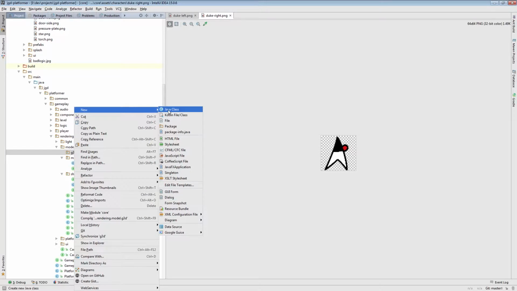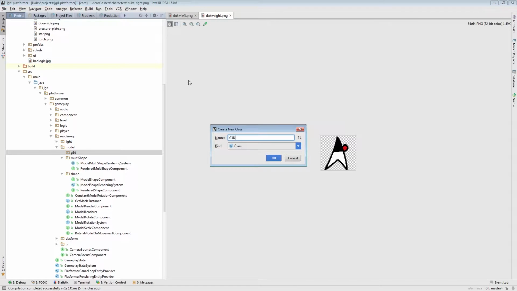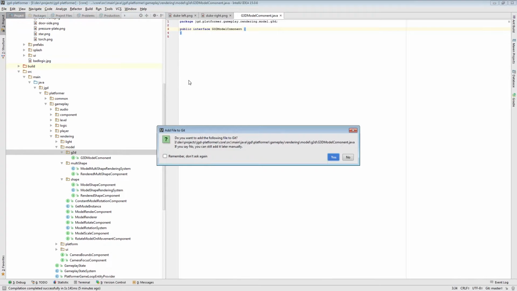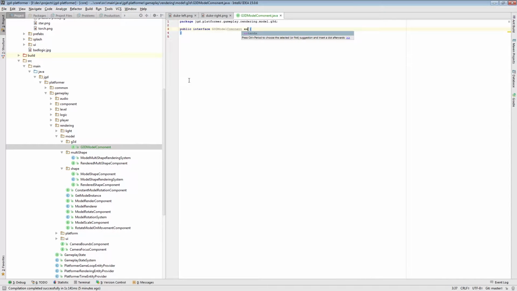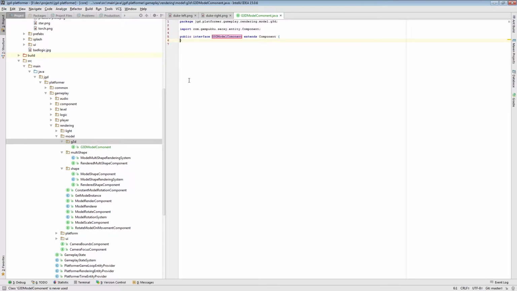We'll have G3D model component. Let me spell it correctly. Component. And in here we'll have a couple of getters, get model file,